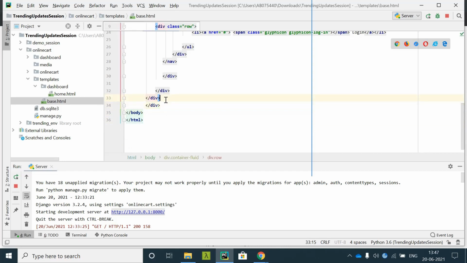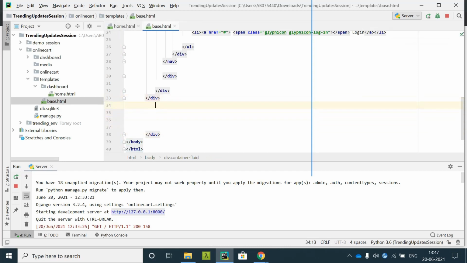Then this is the header, end of header. Your main content goes here.